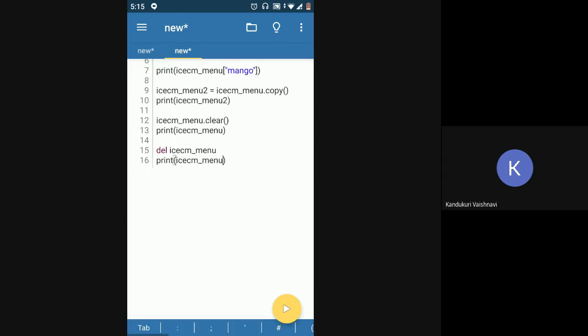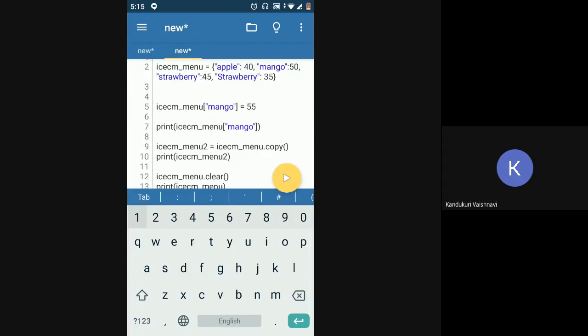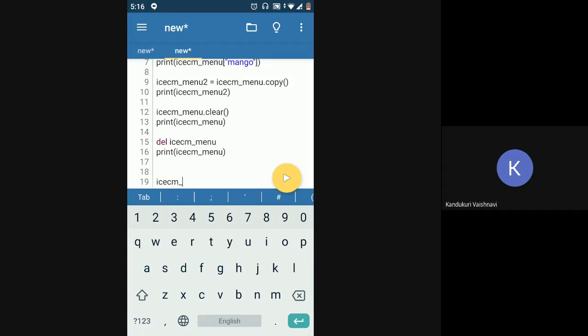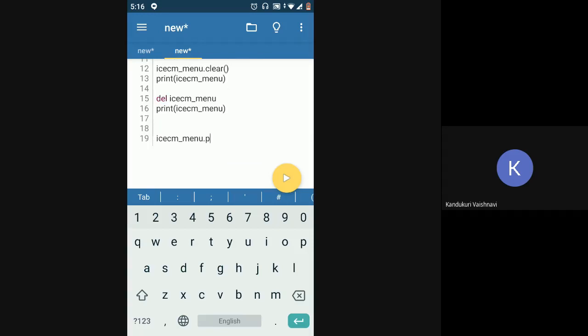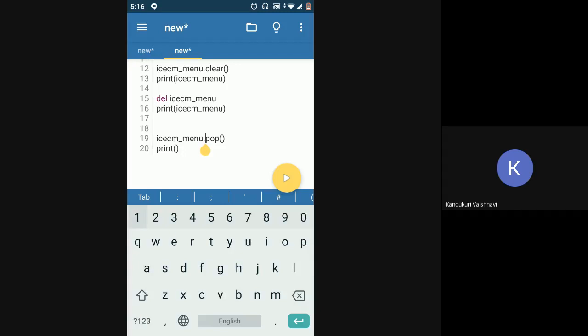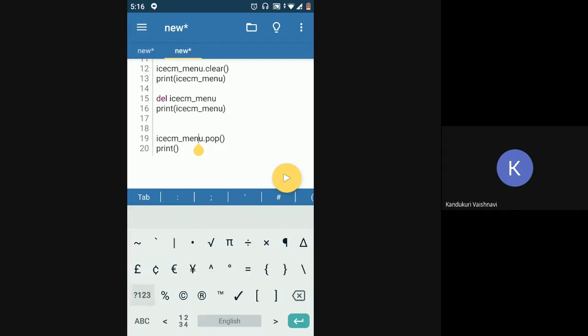Okay, now if you want to remove elements from a dictionary, let's just try this. Print. Okay, maybe I'll just specify and see if that works.